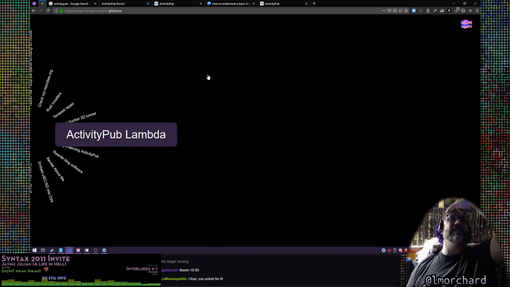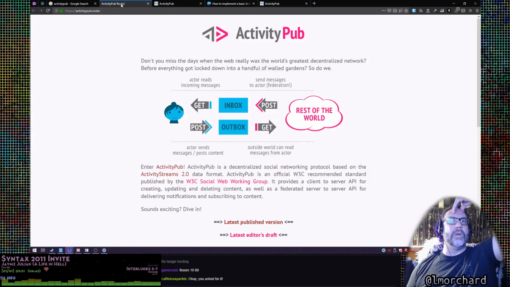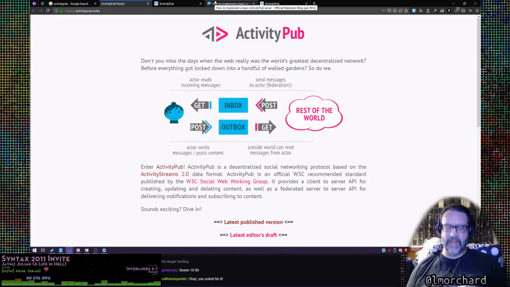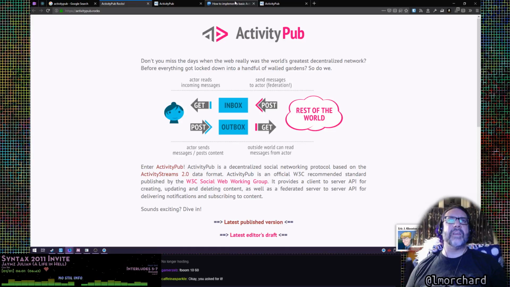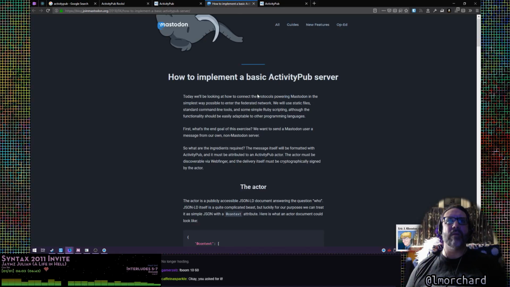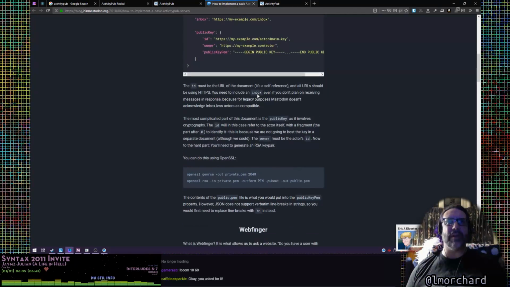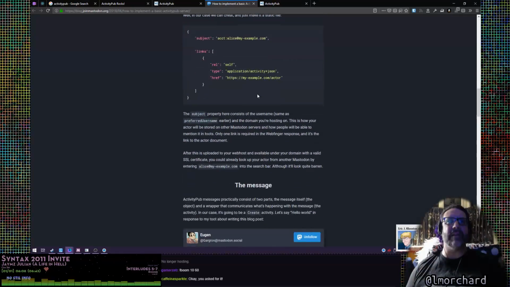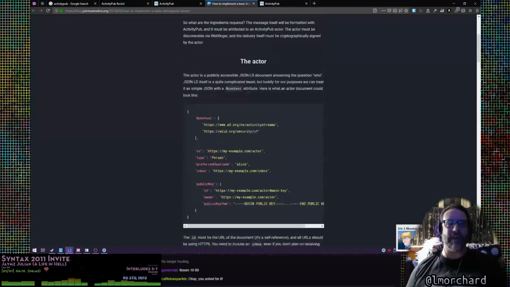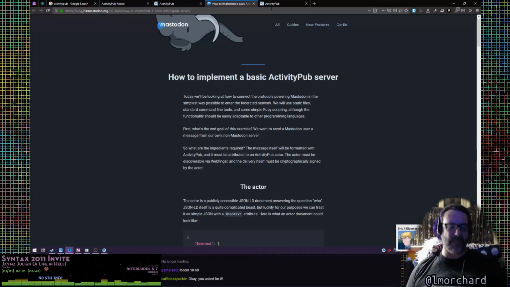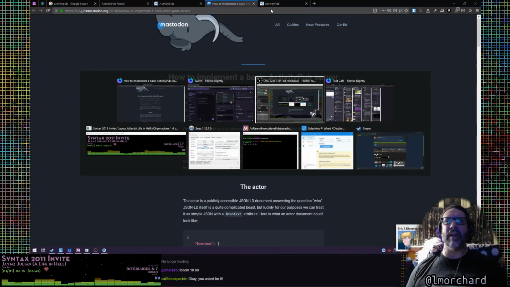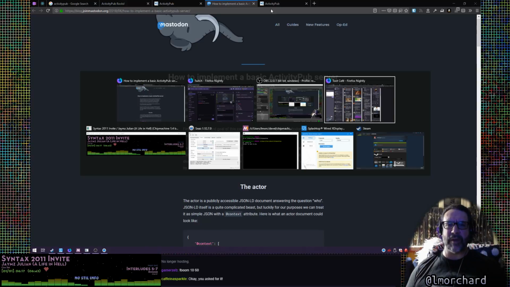So I don't think this is going to be quite as visually exciting, because what I'm thinking of doing is looking at docs, which is not super exciting, but maybe I can start hacking on something right away. Some of the docs for this, like I noticed the guy behind Mastodon published a blog post about how to get started on ActivityPub real fast, so I may zoom through that. If you haven't seen Mastodon before, I've got a hunch anyone who's watching right now has probably seen Mastodon, but